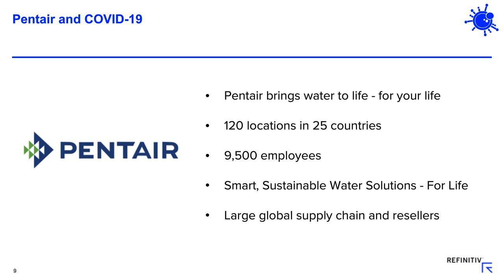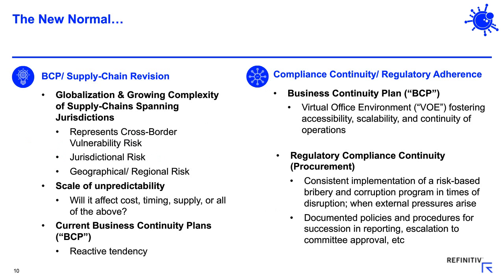Absolutely. So there are two, I would say, mutually exclusive considerations in terms of considering our relative new normal. Obviously we should be considering our business continuity plan and the revision of our supply chain process, or getting our overall holistic view. Unfortunately, this disruption, as big as it is, has exposed the fact that a lot of BCPs are somewhat reactive in nature, and ideally will be revised after this process to be more adaptable, as we'll get into later in this webinar.